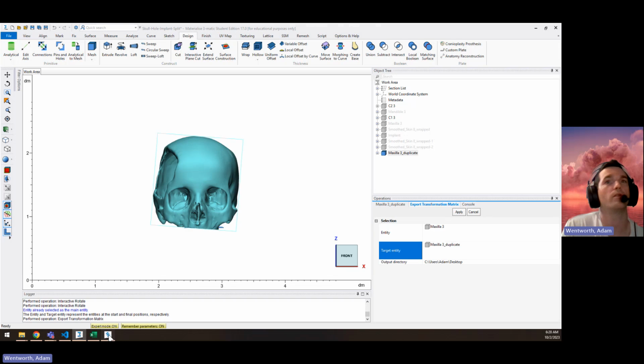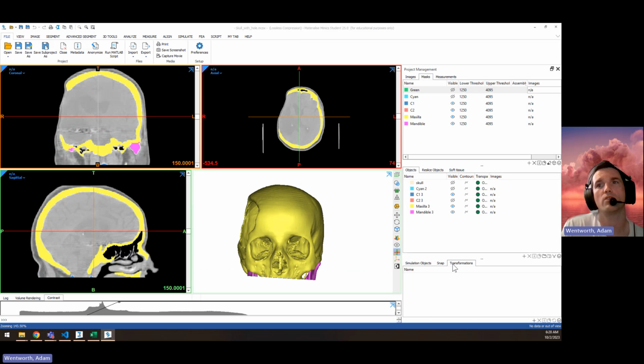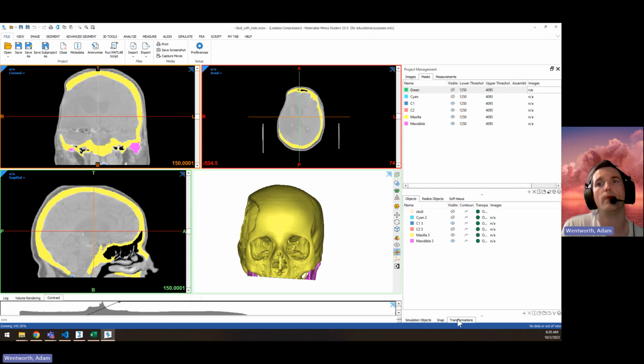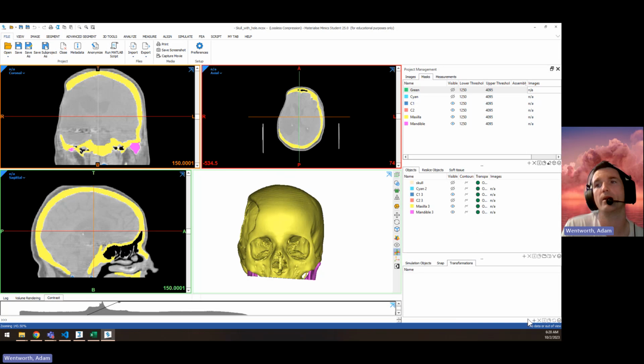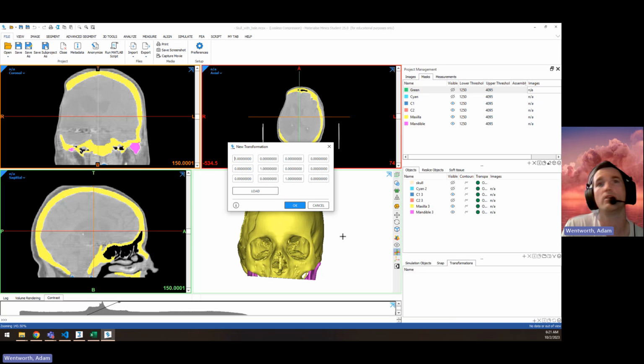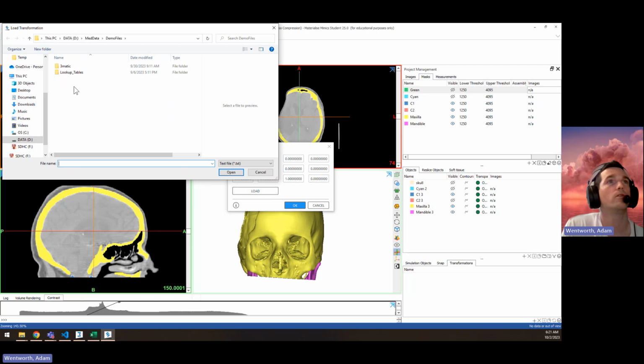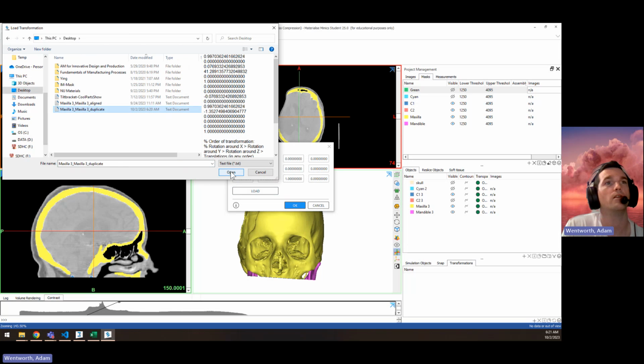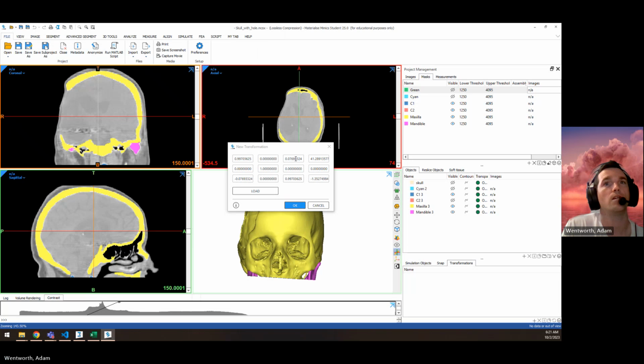I'll have Mimics open of the same thing. And here's my transformations tab. It's usually on the bottom of the screen here, so just double click that to pop it up. Hit the little plus symbol down here, click load, and find the transformation matrix that's been saved. And now it inputs, basically, this 4x3 matrix, which shows you rotations about the X, Y, Z axes, and then an XYZ translation. So if I hit OK,